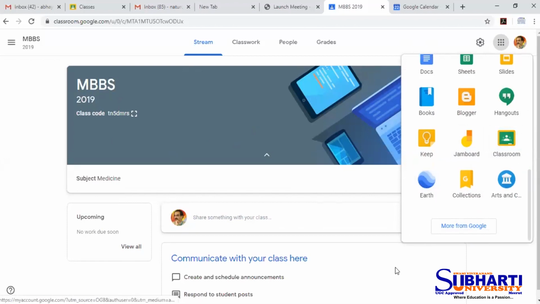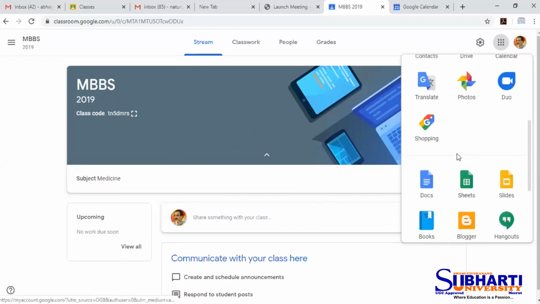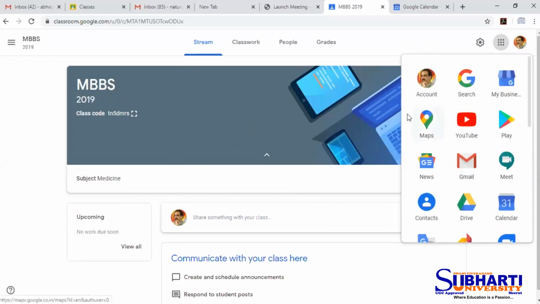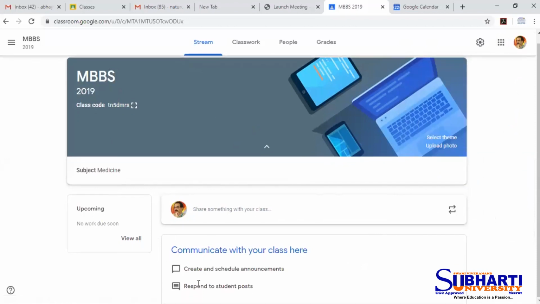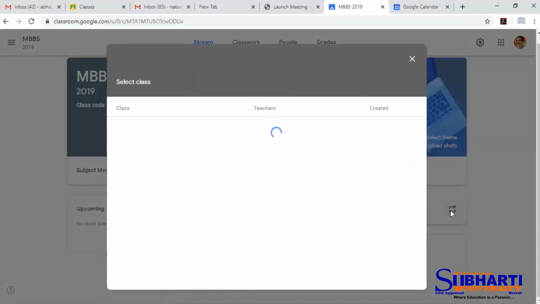So we can access other things like Google Forms, Google Docs, or whatever we require from here itself. Now, the other feature is, if you click on this button here, this is the reuse button. It will show what assignments have been given, and also the various classes created, who are the teachers, and what assignments were created.